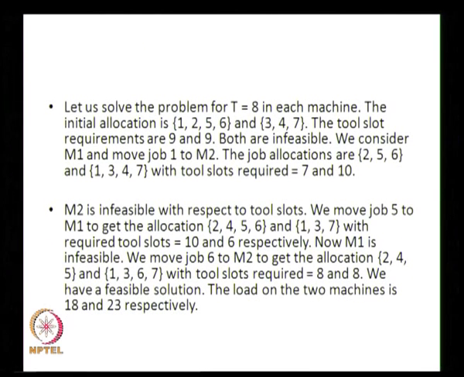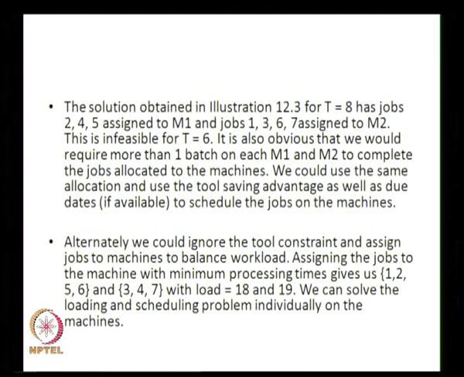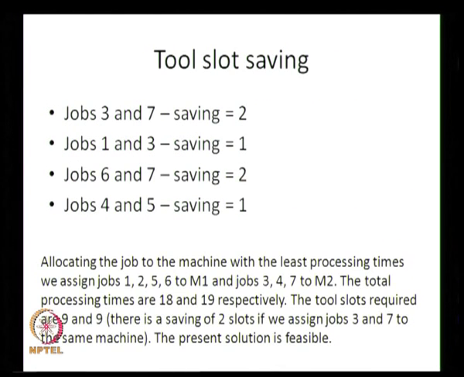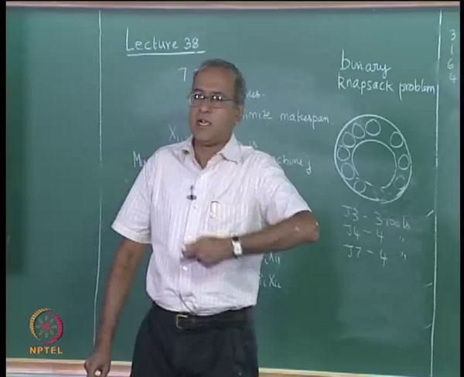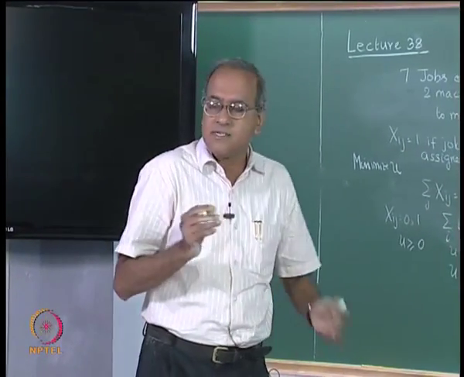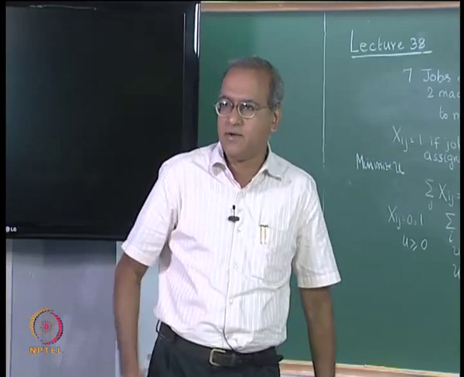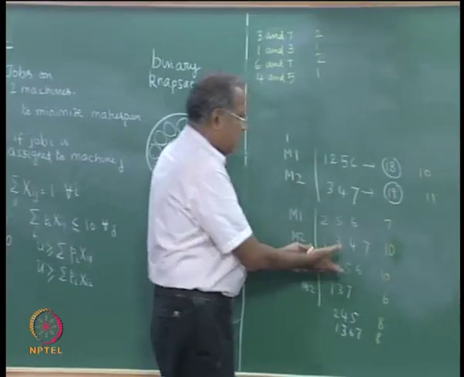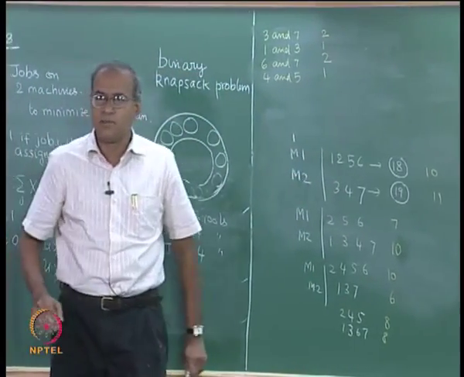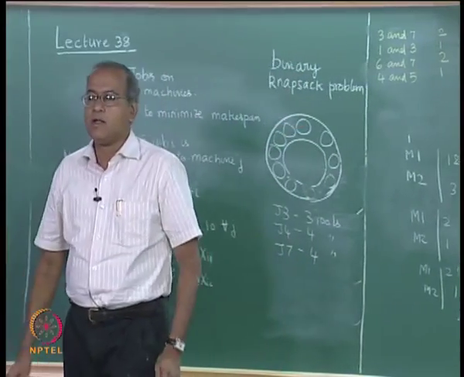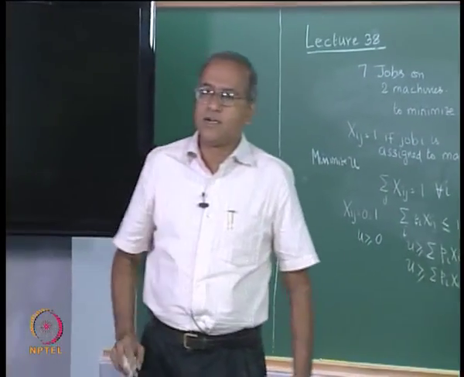Right. Now we look at the rest of them, but after we look at a few more things. So let us come back here. So given a certain tool drum capacity, we can now have an algorithm which will finally take us to that solution. But we will realize that this algorithm is not so very well defined, in the sense that we simply looked at the problem and said we will shift 5 or we will shift 6 and so on. But each shifting we have to solve a single constraint problem. Let us also look at a couple of related issues.